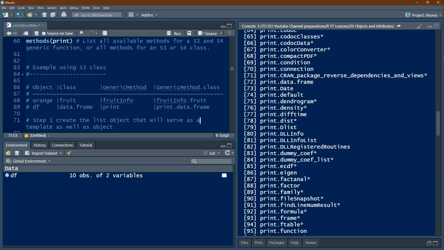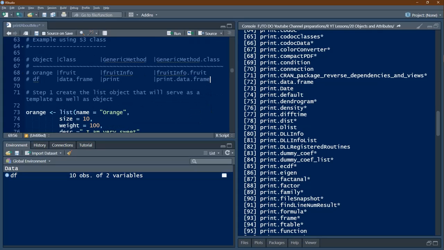So let us now try to create an S3 type of object. We will create an object orange. We will give it a class fruit, and we will create a generic method fruit_info, and then we will use this generic method dot this class, the same concept, to give information about the orange.